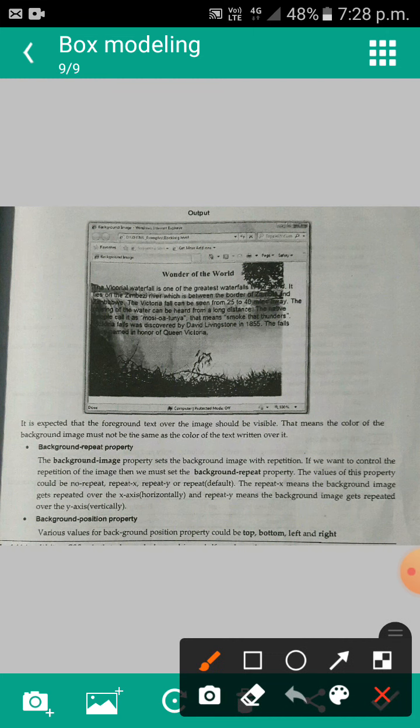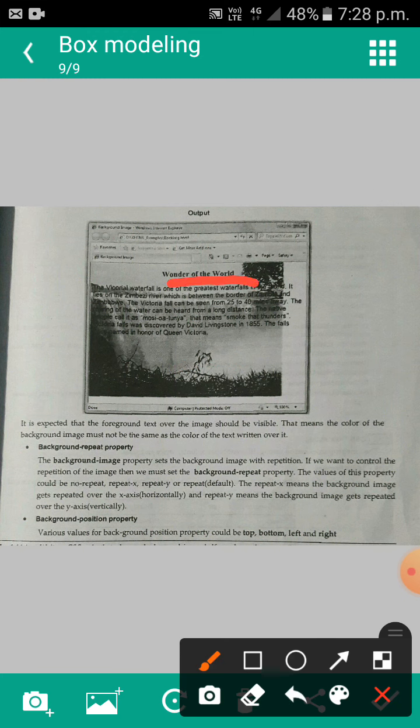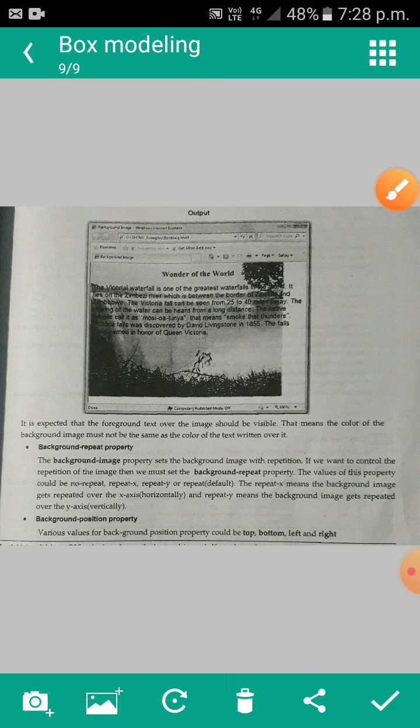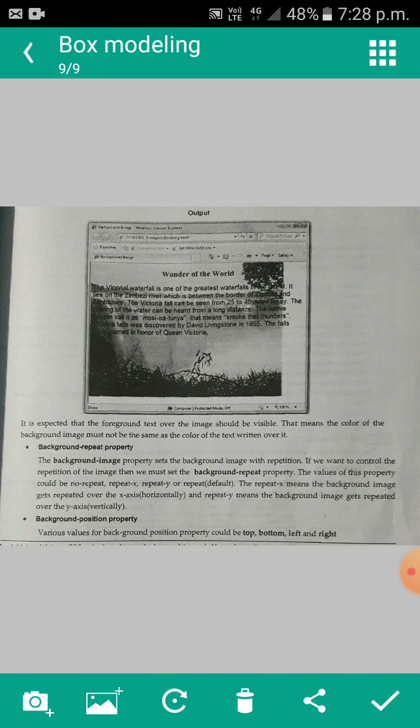This is the background image, the Victoria waterfall, and the heading Wonder of the World is displayed in the center. Some information about this Victoria waterfall, given in the paragraph tag, is displayed here. Okay, it is expected that the foreground text over the image should be visible.